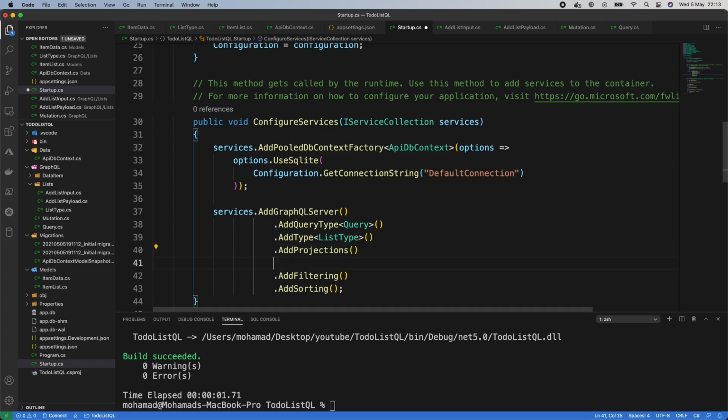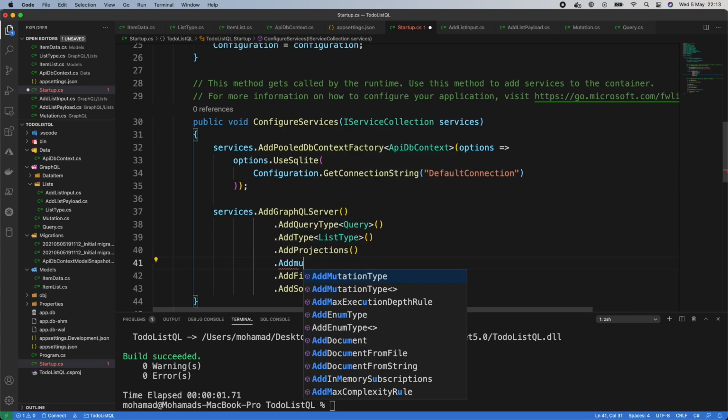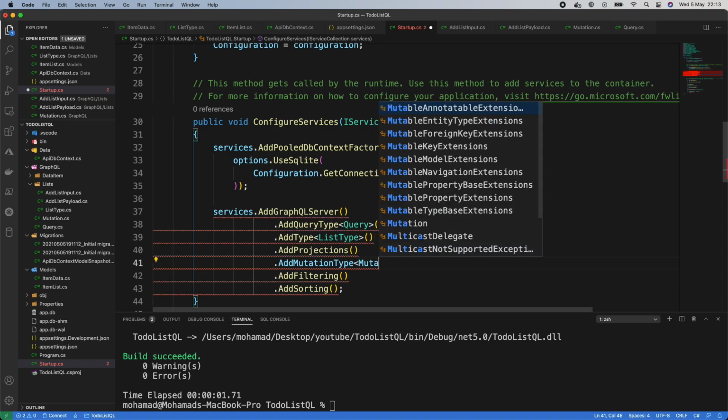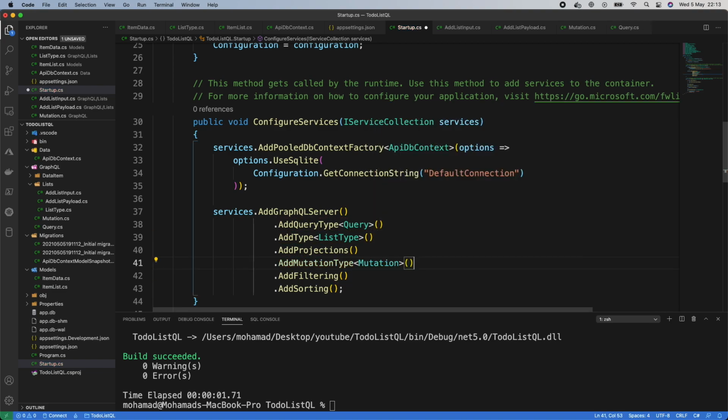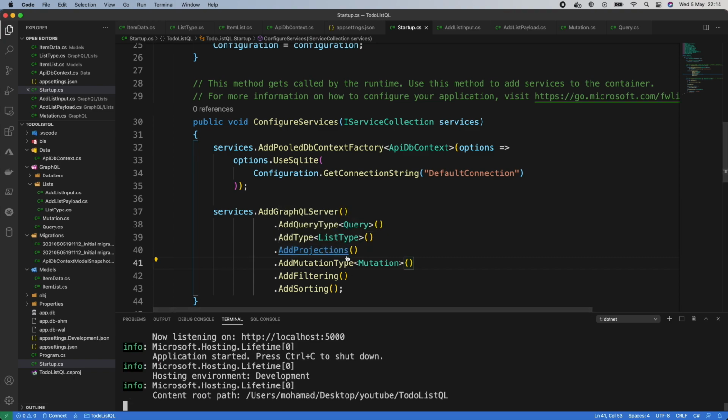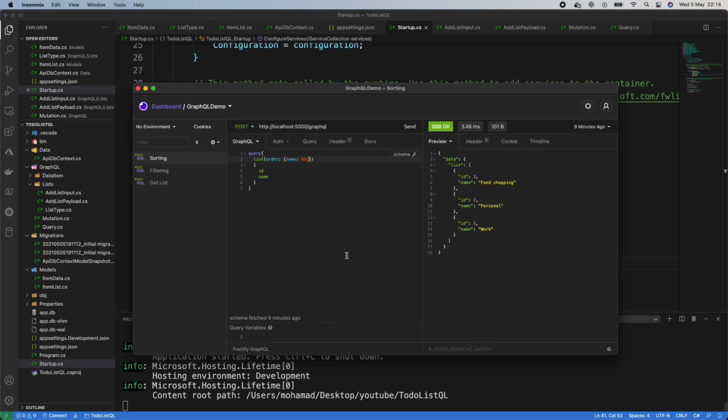So we can put .add mutation type, and we're gonna call it mutation as we have created before. Perfect. And now let's try that out. So let's run the application. .NET run. Perfect. Now let's go back to Insomnia,